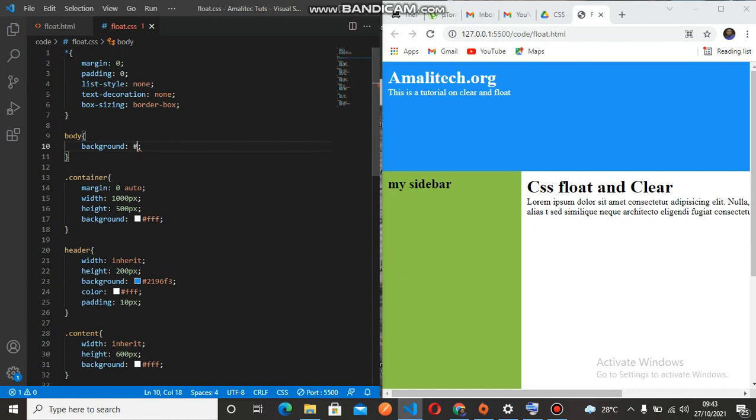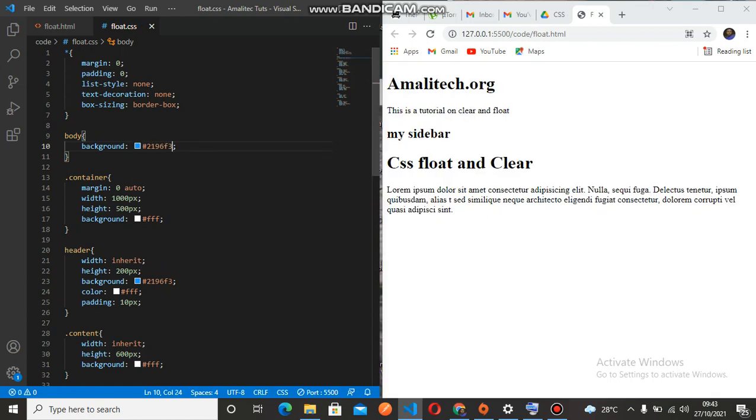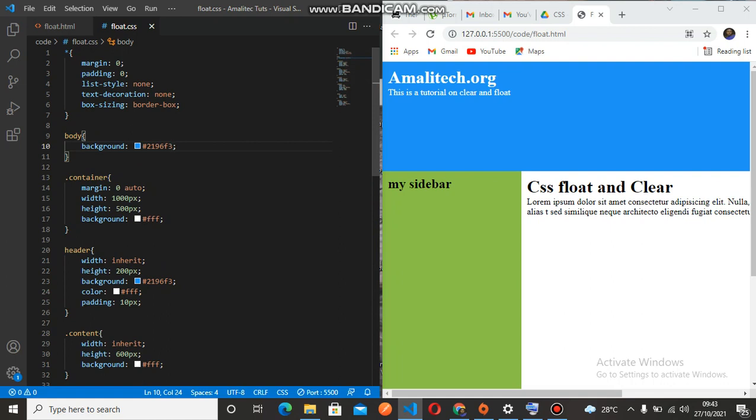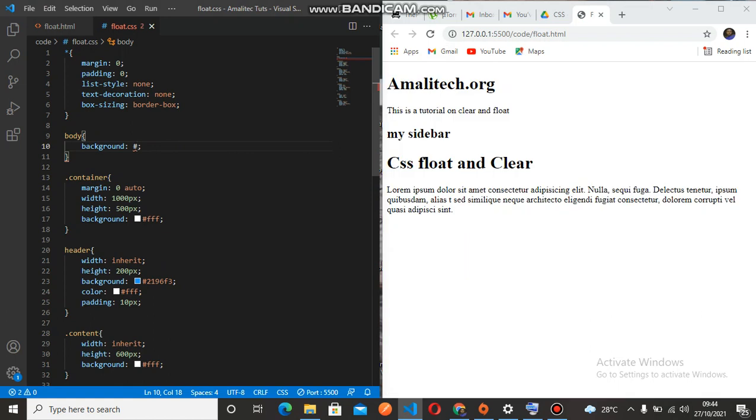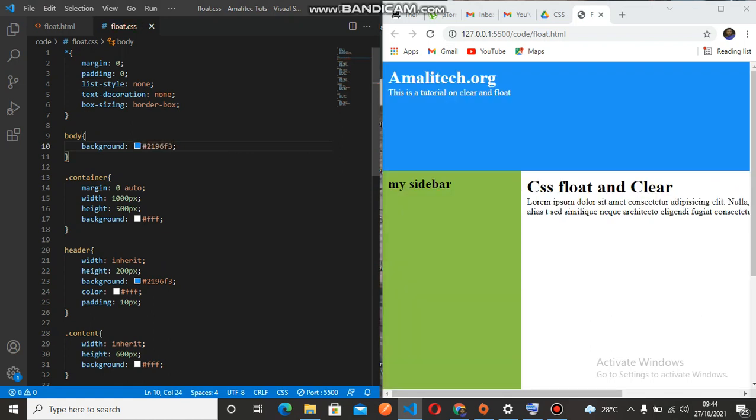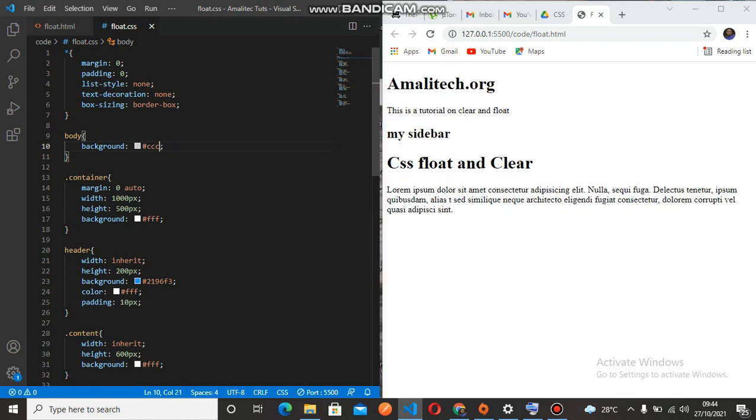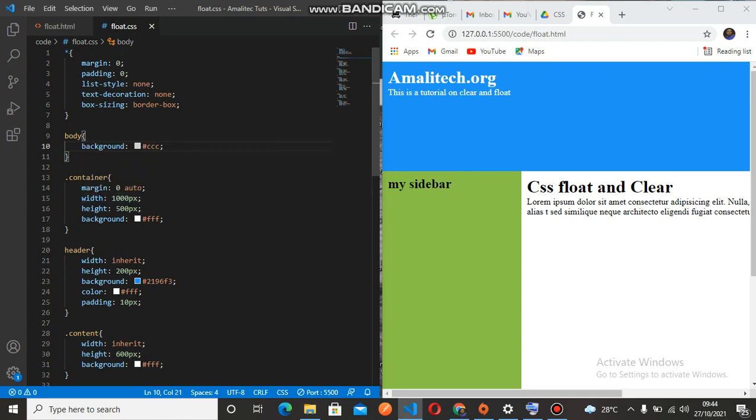Okay. So yes, I put a background on this, and then in the container, I give it a background of white. Let me change it to blue. Okay, and